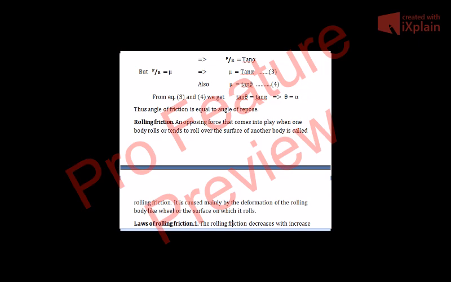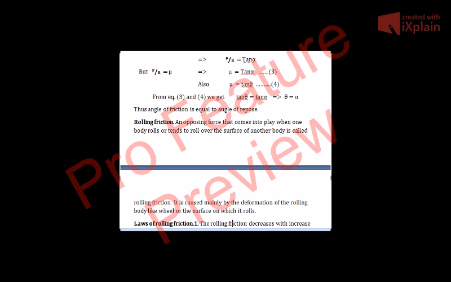So if anybody asks you what the main cause of rolling friction is, the main cause is again that the rolling body becomes just like a plane at the point of contact. So there is a little bit of sliding friction. And as I told you, the cause of sliding friction is the interlocking between the irregularities of the two surfaces, or the force of attraction between the molecules of the two surfaces. So the wheel of the vehicle gets deformed at the point of contact.